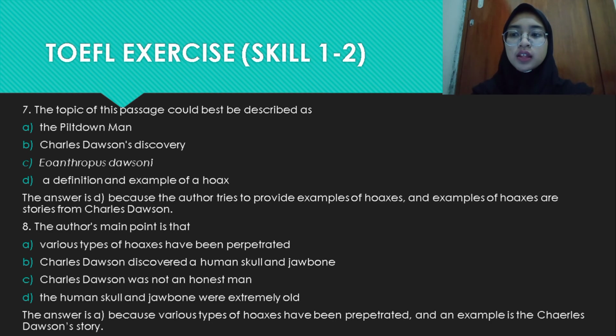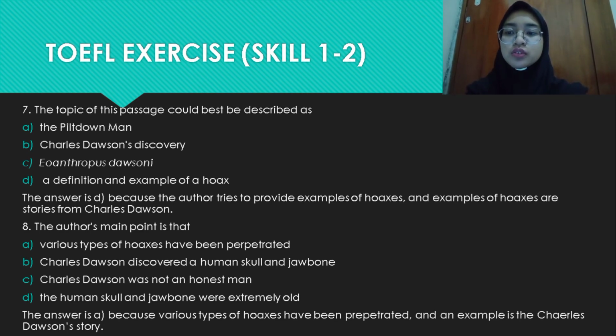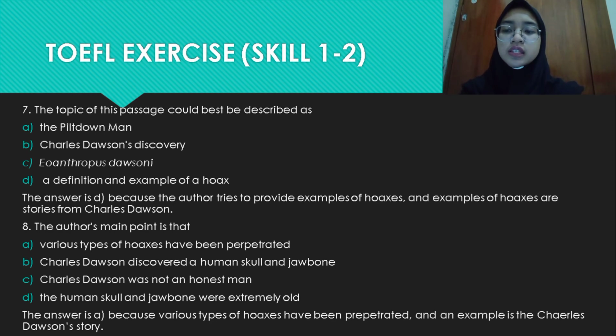7. The topic of this passage could best be described as A. The Piltdown Man. B. Charles Dawson's discovery. C. Anthropus Dawson. D. A definition and example of a hoax. The answer is D, because the author tries to provide examples of a hoax. An example of a hoax is the story from